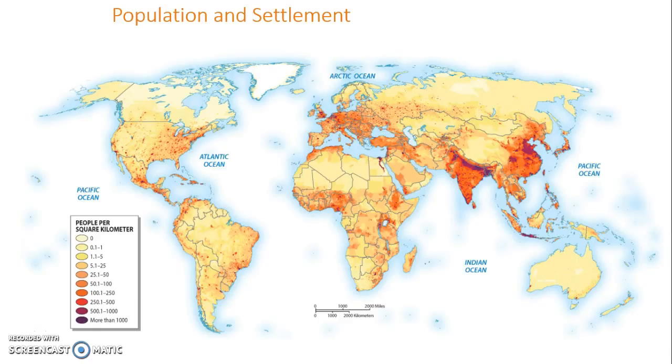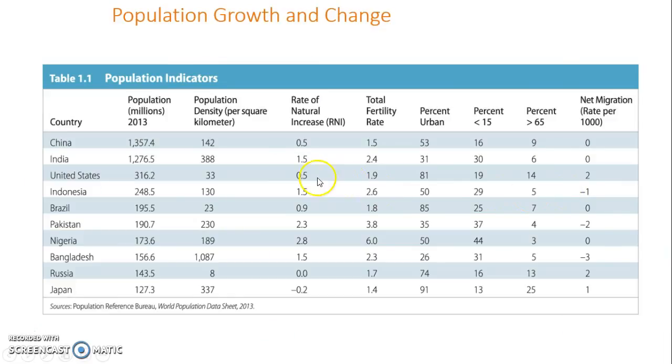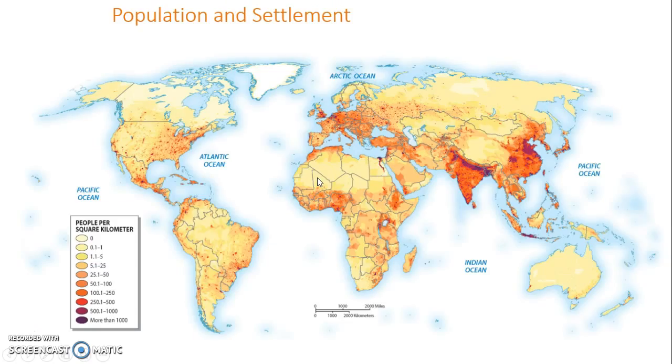Here again, a thematic map or a choropleth map that shows population density of the world. Let me go back to that one a little bit. So basically, what we're trying to see is where we find the biggest population centers. And as you can see, and you'll find this to be true in most of the maps that we do, is that